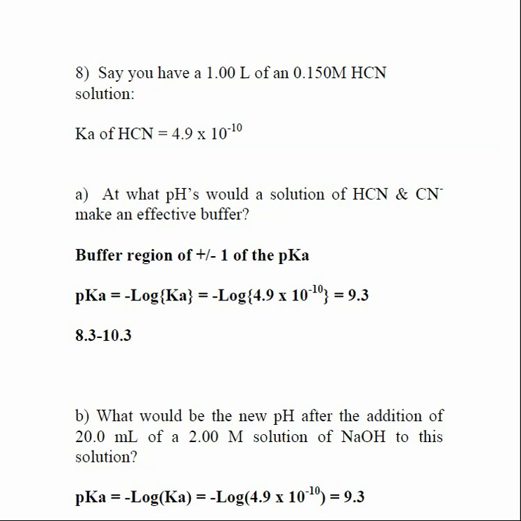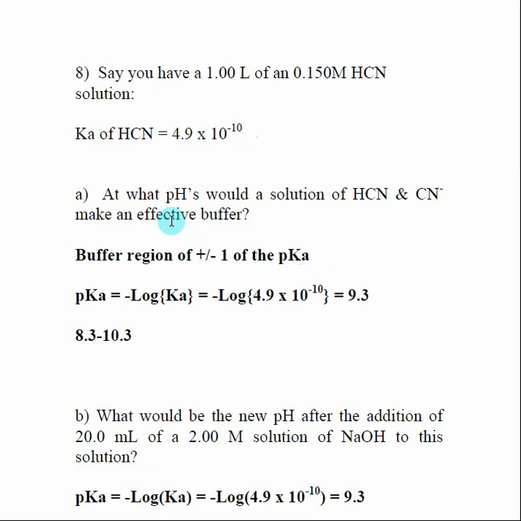So here, once again, whenever I'm given a question that involves acids and bases, the first thing I want to do is understand: are we dealing with something strong or something weak? When I see HCN, I recognize that as being a weak acid. So that is on our list of weak acids. Also, I can tell that we're talking about a weak acid because I'm giving you a Ka value. So only weak acids have a Ka value. So right off the bat, I'm dealing with a weak acid, and now I want to look at some of